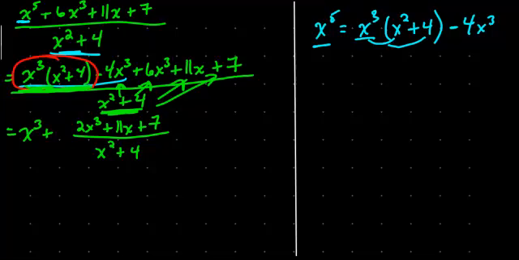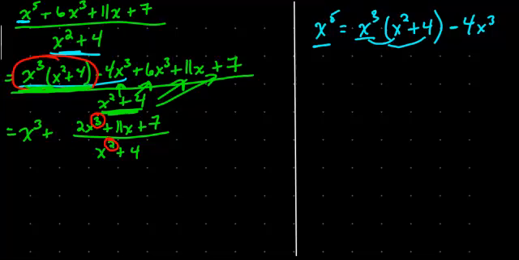Okay, so now this is what we've got, and note that the power up here is still greater than the power down here. We've got to continue this process. We do the exact same thing that I just did until the power on top is less than the power on the bottom. Okay, so now I'm looking at,